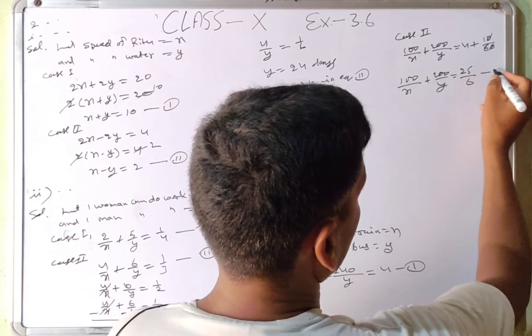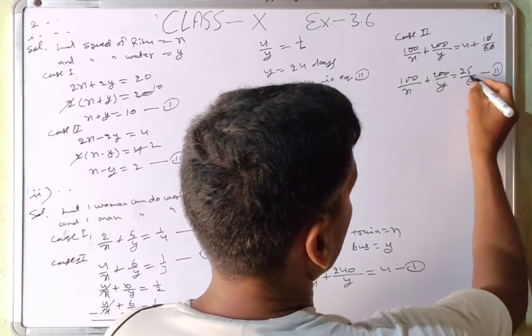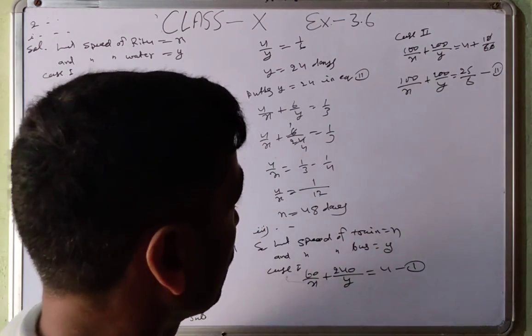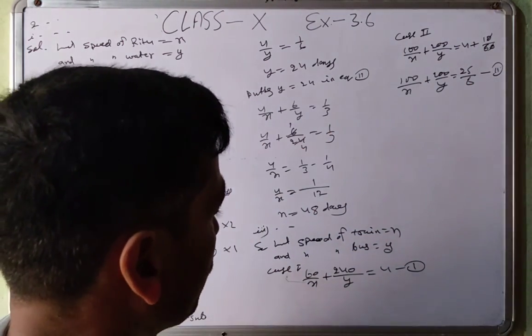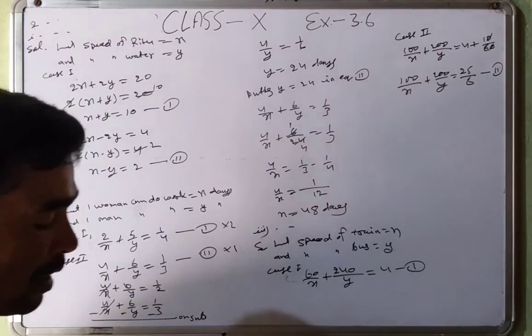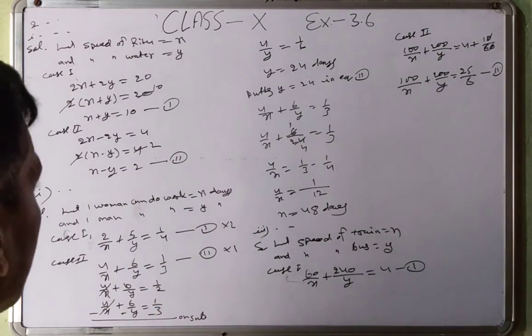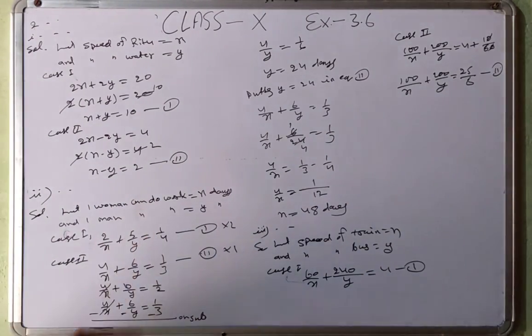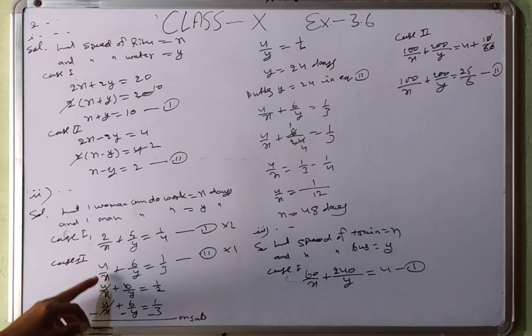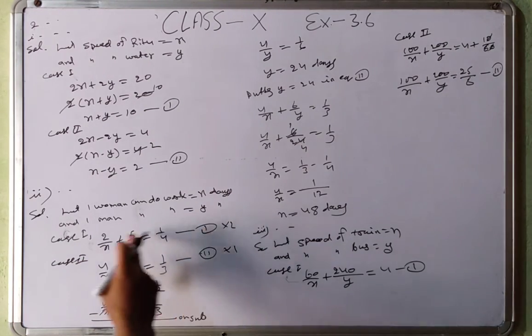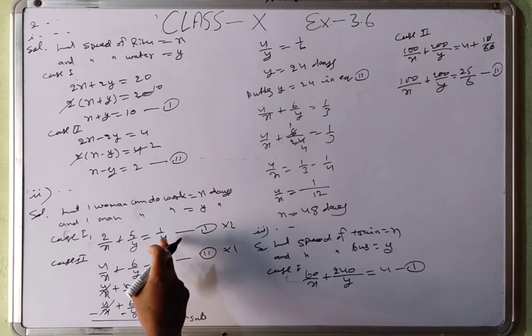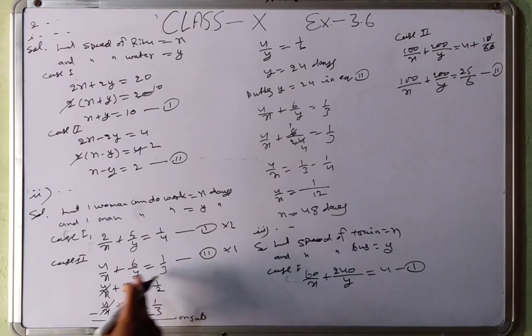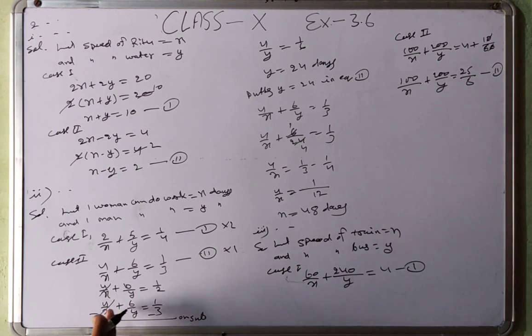When you solve these two equations by reducing method or by any method, then your answer will come. First of all, we can see this one also one time more. So 2 twos are 4, 2 fives are 10, 1 upon 2, 4 sixes, this one is cancelled, 1 upon 2 minus 1 upon 3, that is okay.